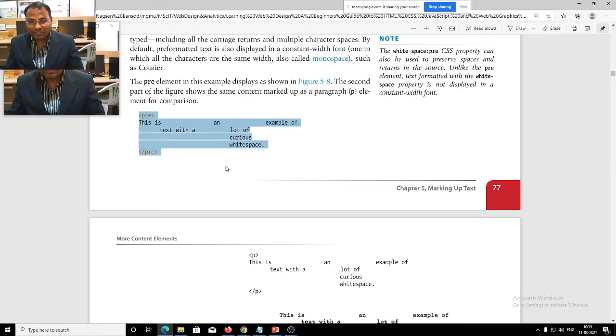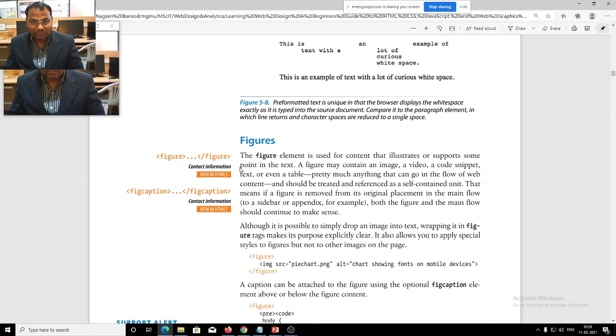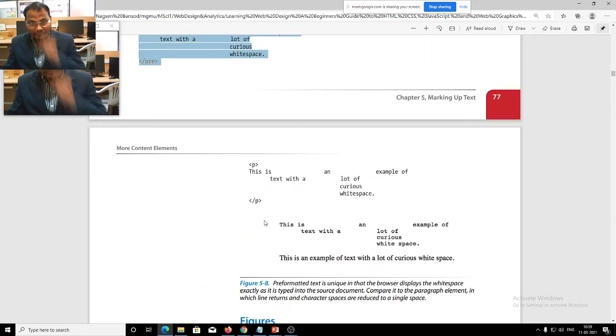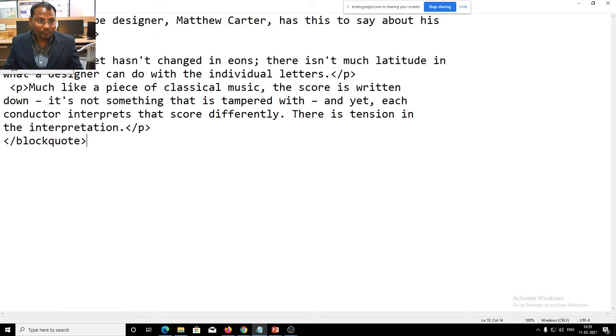Now we will see this practically. Is it giving us a proper output or not? The same kind is used in the paragraph tag.